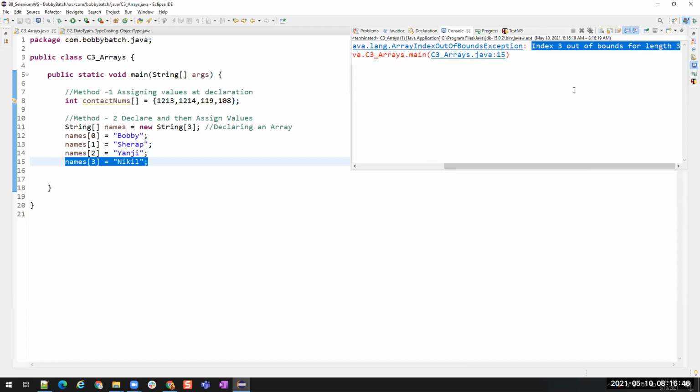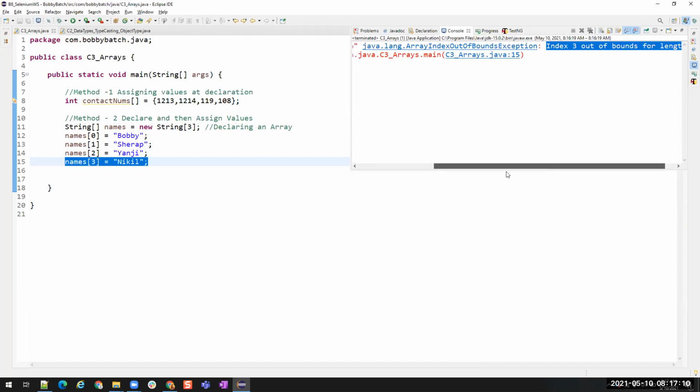Arrays throw this index out of bounds exception when we try to store or retrieve values outside the boundary of that particular array. Clear? You might get questions like, what exceptions have you faced when you work with Selenium, or what different kinds of exceptions do you face?